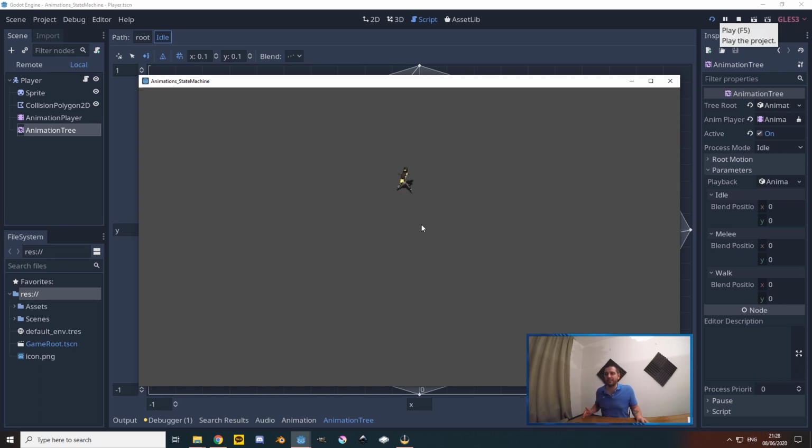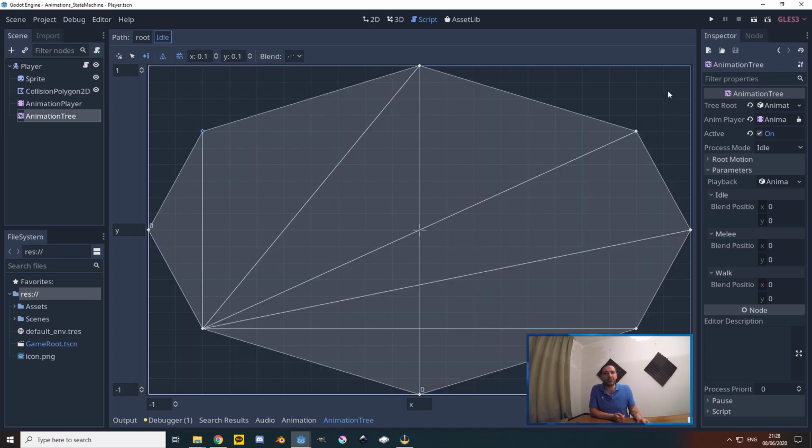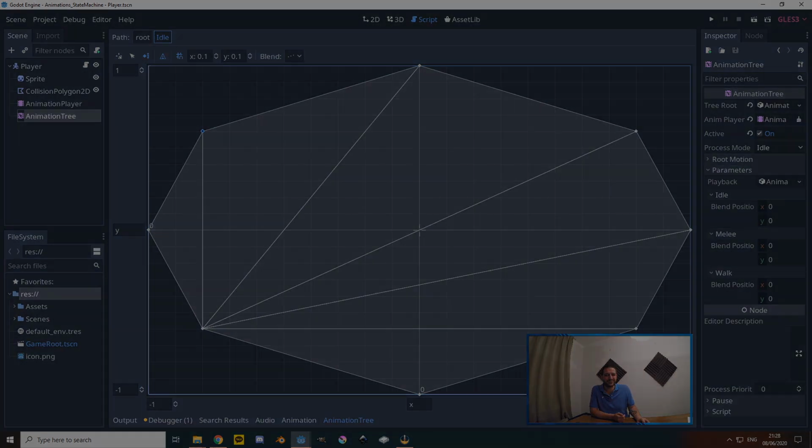And we can do exactly the same here, or for an attack, you'll see that the idle animation is correctly picked, as the idle animation blend space has access to more varieties of animation modes and animation directions, and can pick the closest one right here. So if you were to add this to also the melee and the walk blend space, then everything would look perfect, but I trust that you will be able to do that by yourself and don't need me to make this tutorial any longer than it already is.